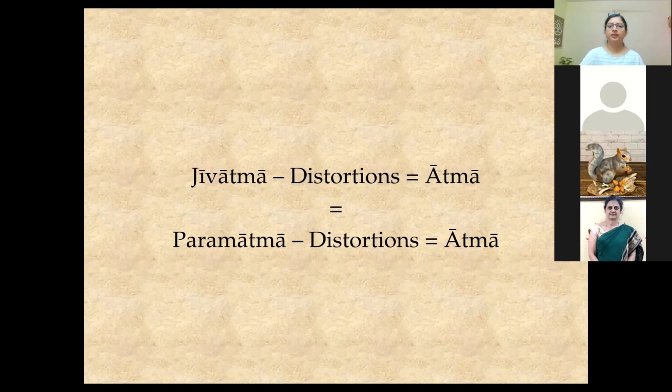Yes, Medhaji, I'm sorry to interrupt. So the distortion here is the body-mind complex that we're talking about, right? Our identification with the RM. Yes, the distortion is the RM. So intellectually, again and again, we have to remind ourselves that we are infinite, we are Brahman, and we are not this body. Yes, you have to tell yourself, you have to know that you are not the body.